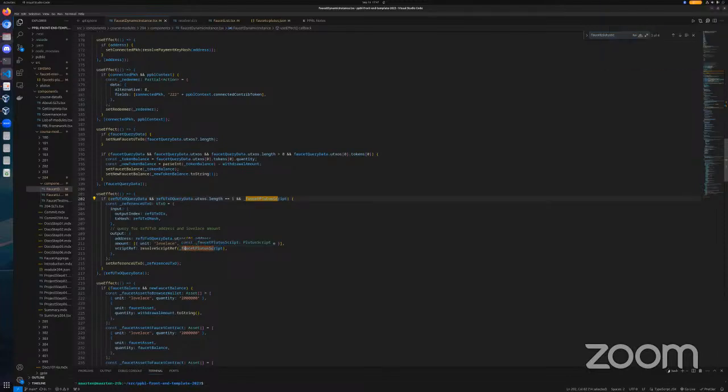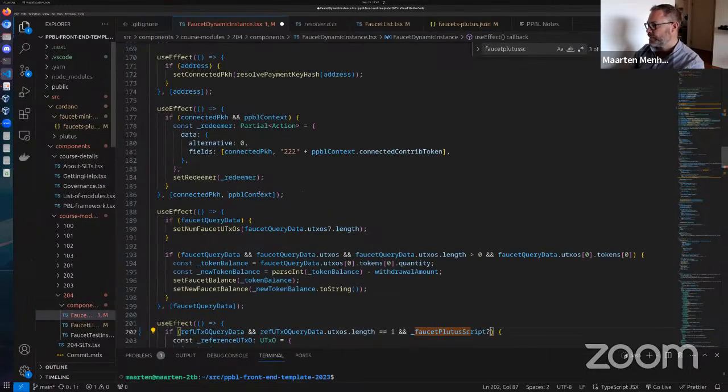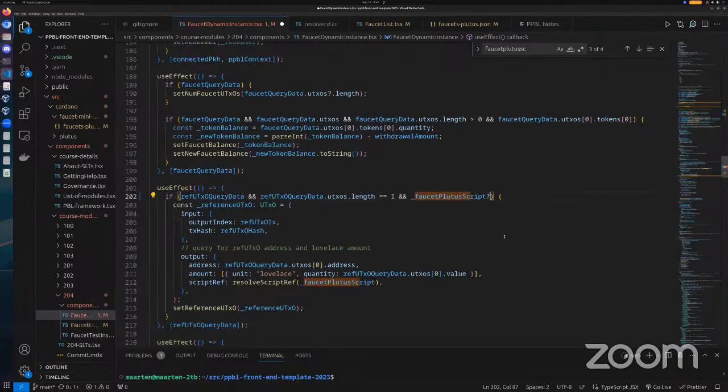So at the end of line 202, where we have, okay, check if there's query data, check if there's a UTXO, add a question mark there, without a space, just all one string. And actually, can you zoom in a tiny bit? Sorry. It's okay. Question mark dot code. Okay, save that. Let's see if this just renders.